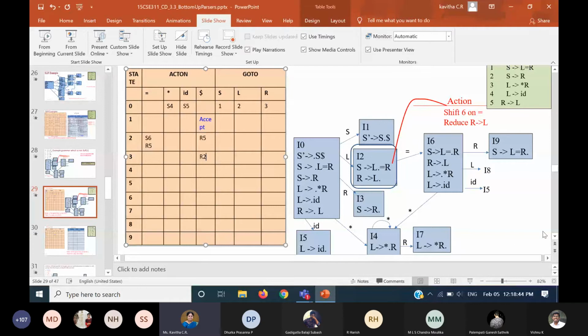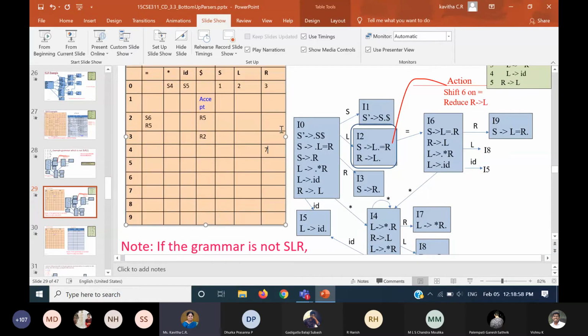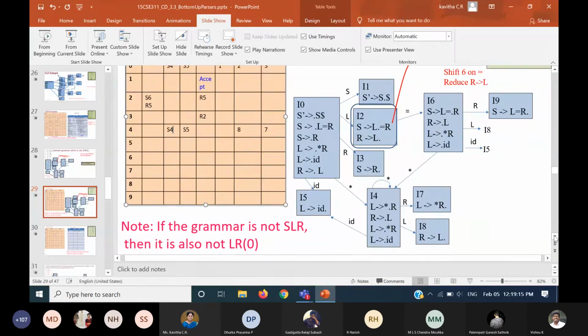Coming to I4, when you read R, it is going to state number 7, and when you read L, it is going to state number 8, and when you read ID, it is going to shift 5, and star goes to the same state. Only 4 transitions, we have covered that.